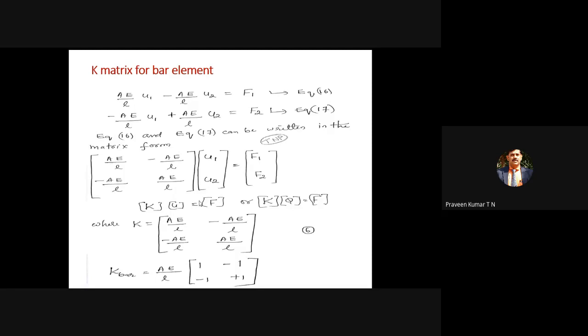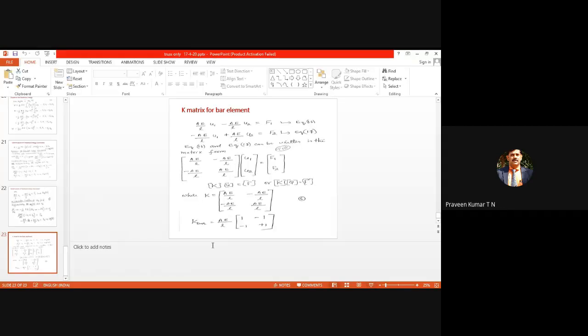I hope the time is almost coming to 3:35. I'll stop the session. Next Monday onwards, I'm starting straight away. What I'll do is one or two derivations first. After doing derivations, once again, I'll do small problems using the penalty approach with simple bar problems.